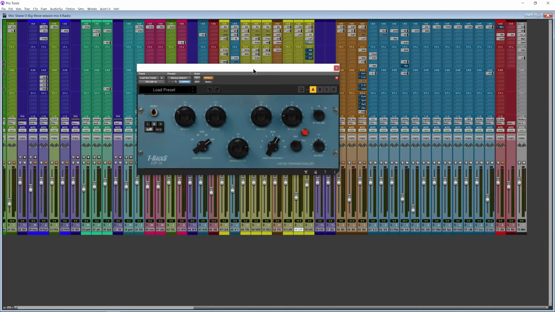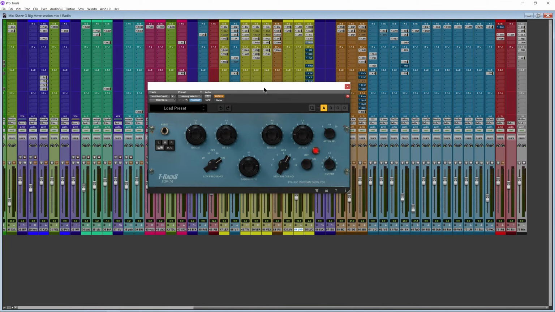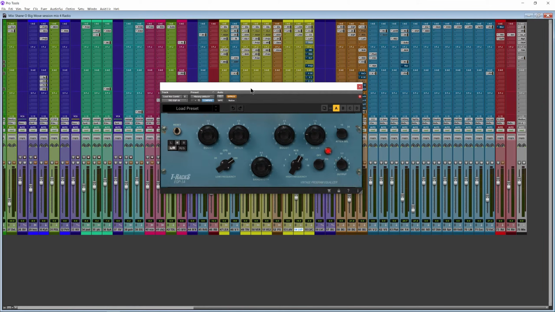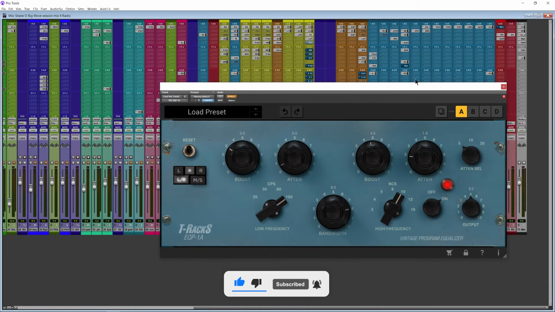The plugin that I added here is Pultec EQ, and this is a really tricky one because a lot of people do not use this type of EQ to do this type of stuff. So I'm going to share an industry secret with you. If you want to get your vocal really big up in your face and sounding mighty, this is one of the plugins you can really use. Let me enlarge this a little bit more so you can really see.